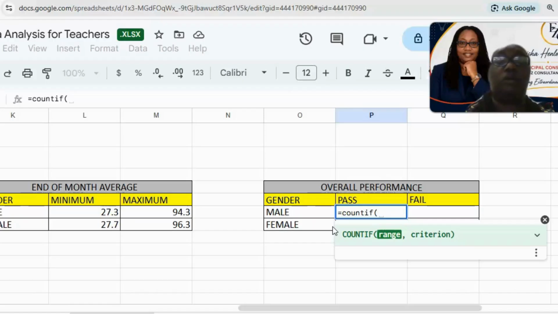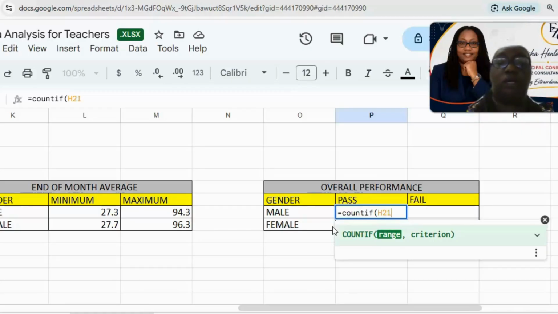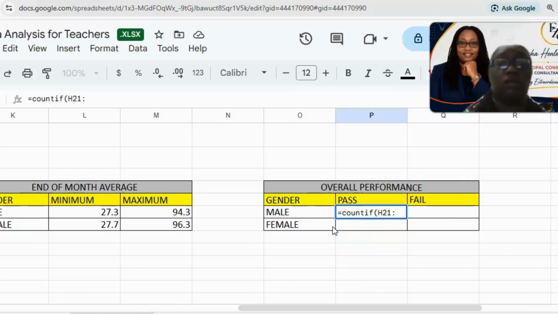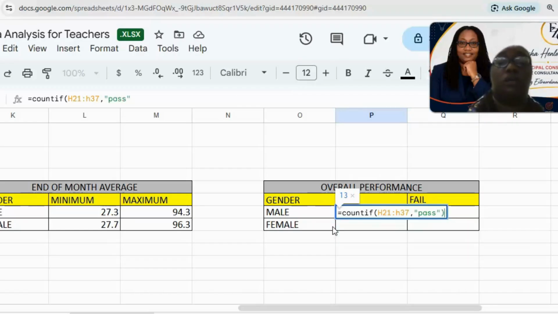We want to count all the passes within this range. We write the range down. Age 21 colon age 37, comma, we are counting the pass, open quotation, pass, close quotation,